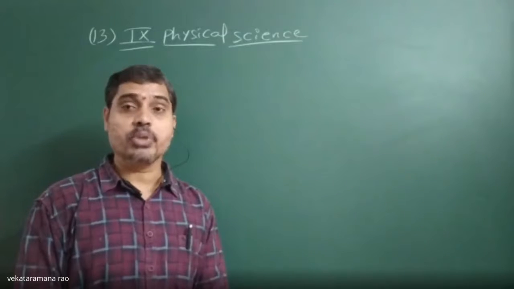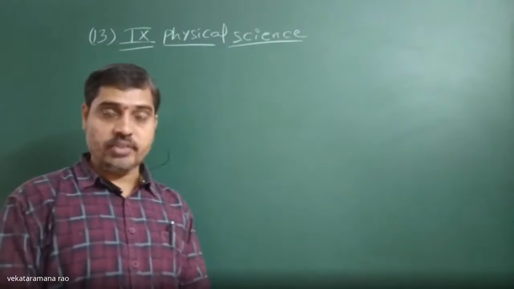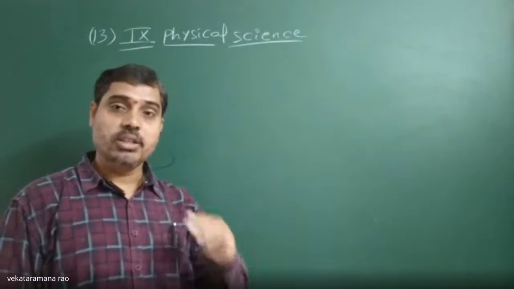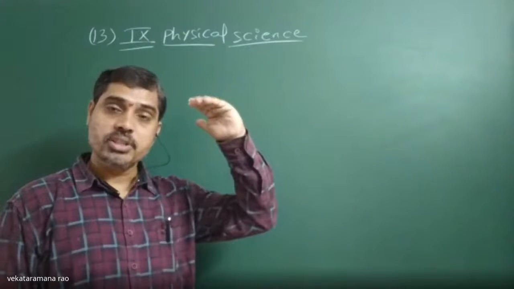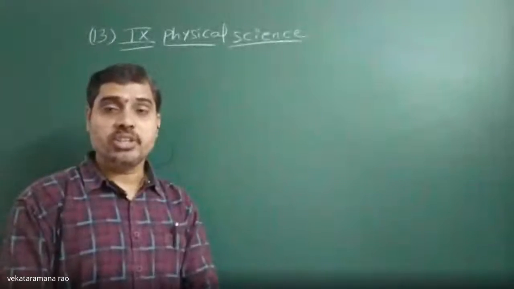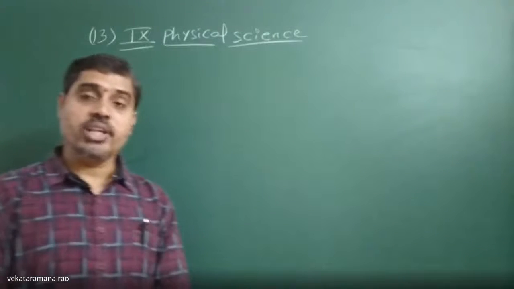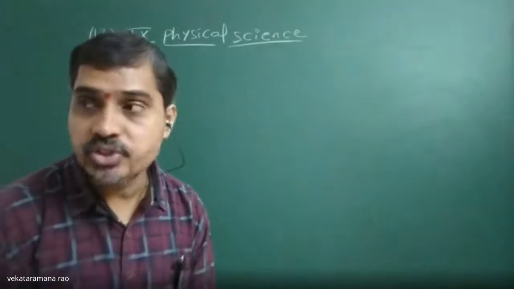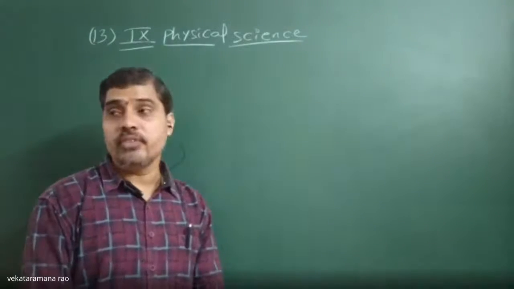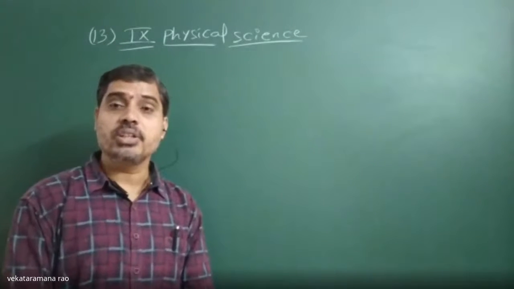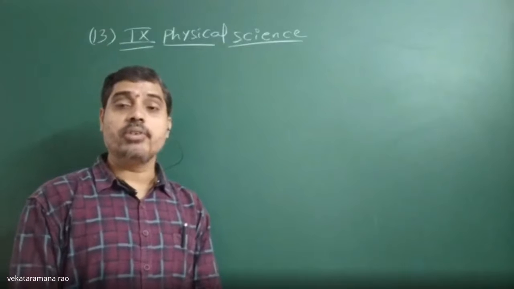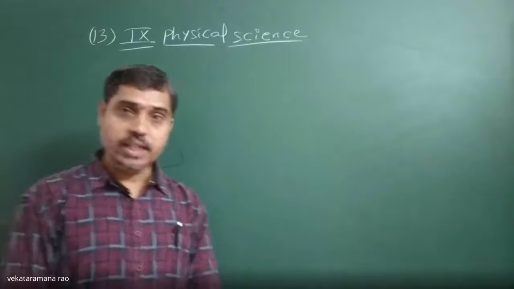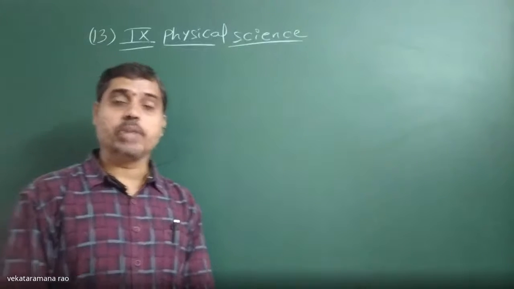In that, what conditions do you substitute? Whenever a body is under gravity, it will either be thrown upwards or freely falling. When it is thrown upwards, since it is moving against the gravity, its velocity gradually decreases. At last, when it reaches a certain maximum height, its velocity becomes zero. Now, in that case, acceleration a is minus g. Why do we say a is minus g? Since it is moving against the gravity, we say a is equals to minus g.